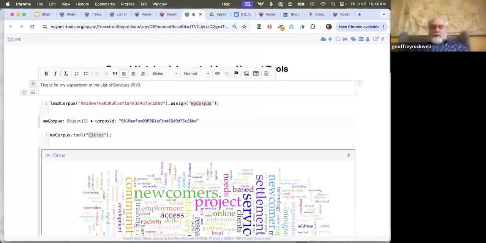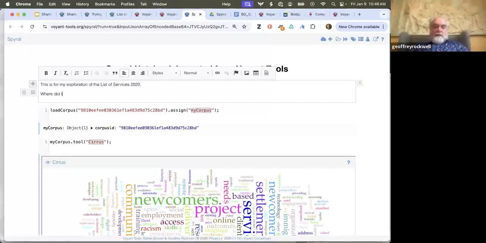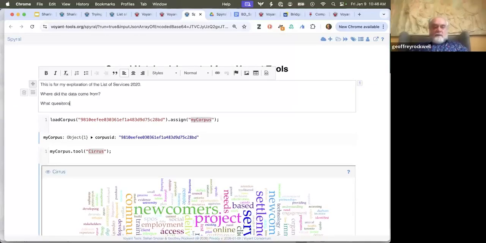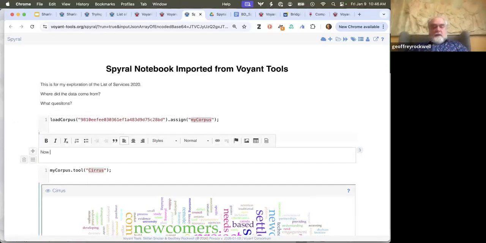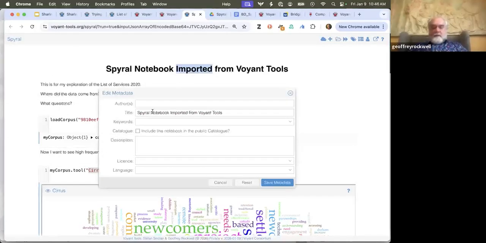What are the research questions that you're asking? Where did the data come from? What questions? So I'm sort of sketching out in text what it is I want to do. I can actually add right here a new text cell. Now I want to see high frequency words to think about the text. So there you are. I've easily created a Spyral,